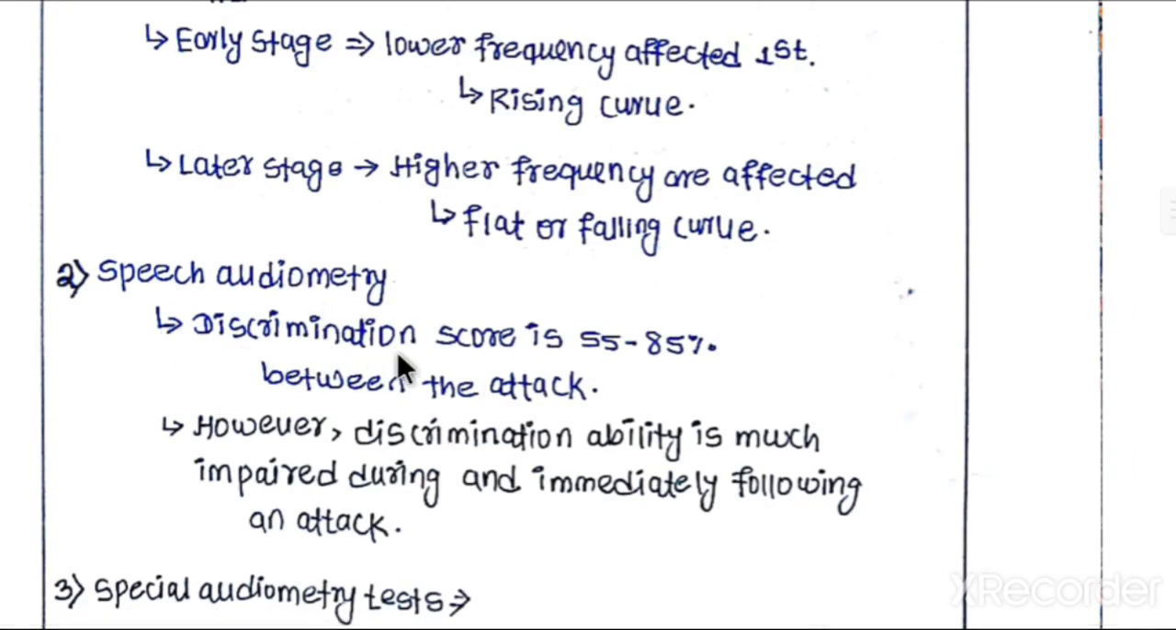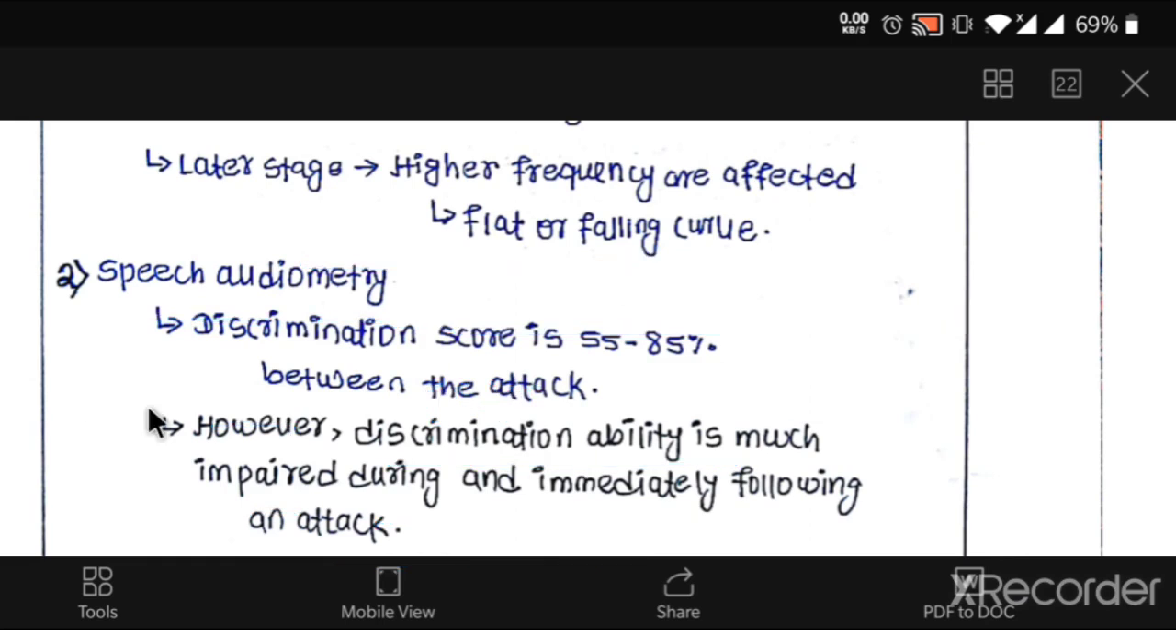Speech audiometry: the discrimination score is 55 to 85% between attacks. That is, between attacks the discrimination score in speech audiometry is about 55 to 85%. Words like feet and seat, F-I-T, feet versus seat. The patient can discriminate between these types of words. However, discrimination ability is most impaired